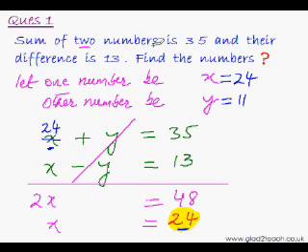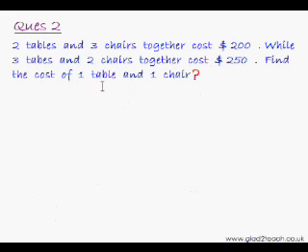In fact, there is another way to solve this question, that is without using the second variable y. For that, we would say that let one number be x and the other number would be 35 minus x. So now we would get an equation in just one variable, that is x. You can try this approach as well in your free time. So now quickly do the next word problem. Start.